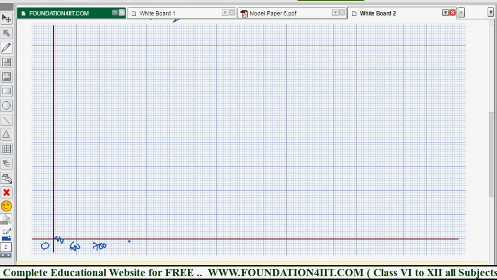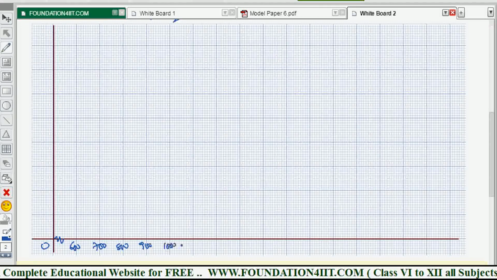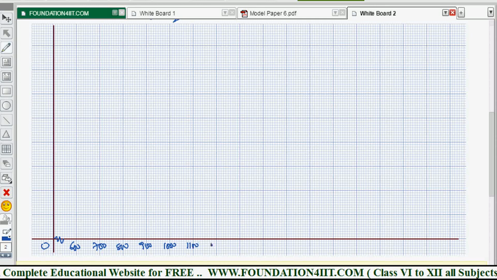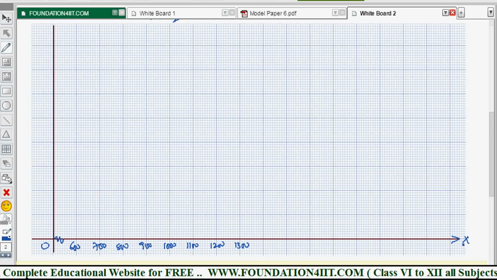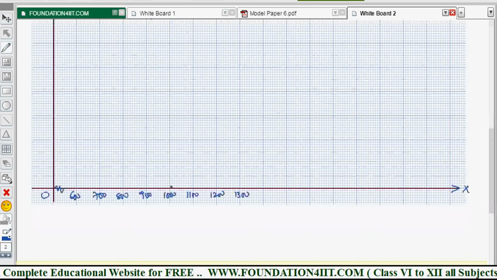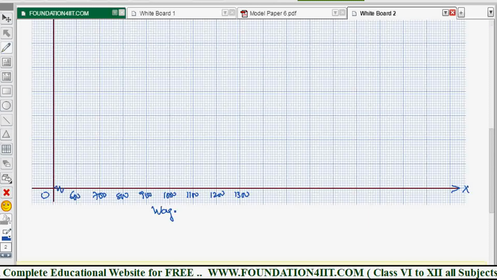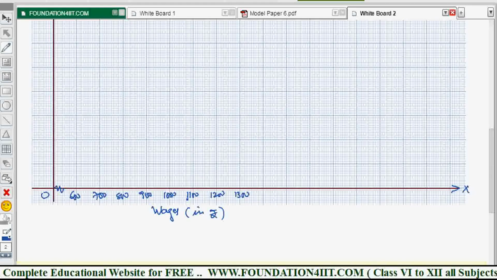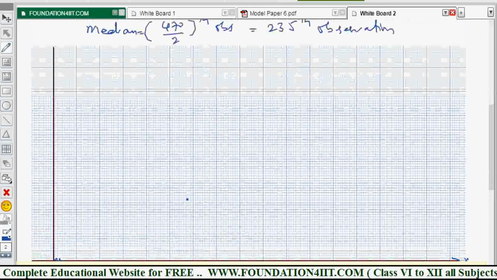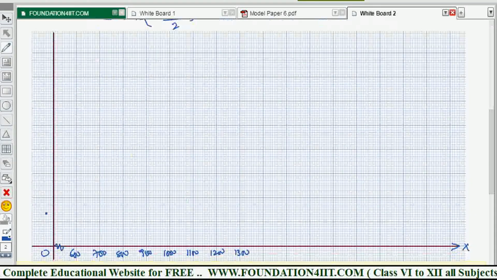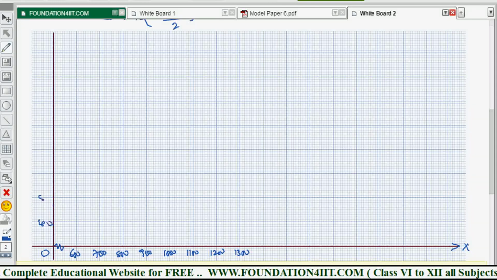600, 700, 800, 900, 1000, 1100, 1200 and 1300. Okay, this is on the x-axis. This is the wages in rupees. And the number of employees is on the y-axis. So number of employees is 470. So you can take 40 each: 40, 80,